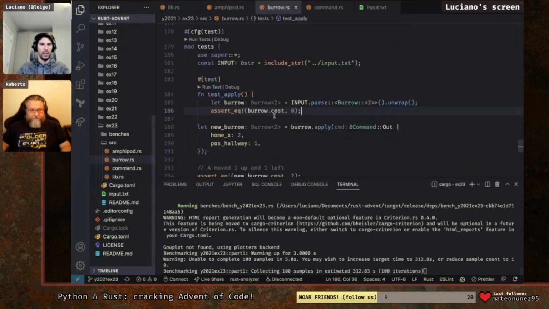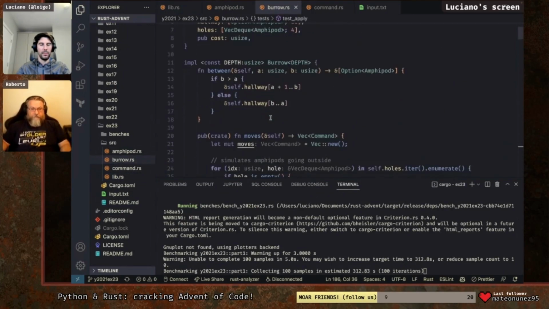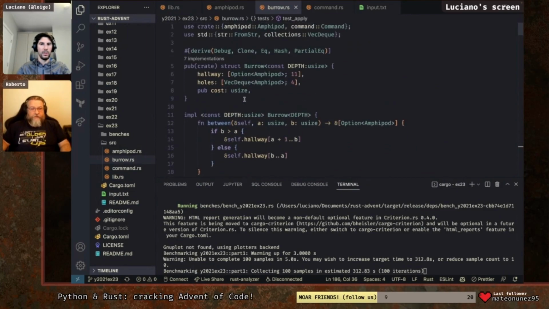Okay, so the idea is that if we... Yeah, instead of the queue, instead of being a queue, it is an array of some amphipod of length depth. That's the idea. Yeah. Now, what is this going to buy us? It's going to buy us that we keep things on the stack rather than allocating all the time, right? Yes. But we have to implement the len ourselves